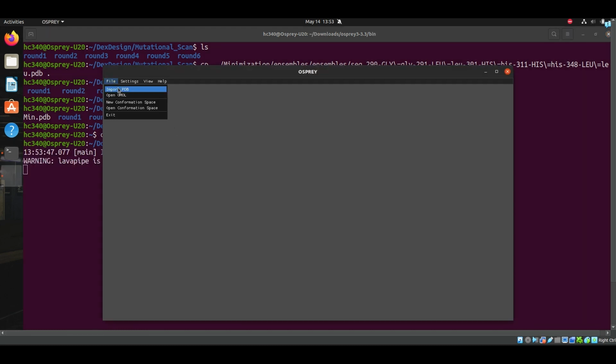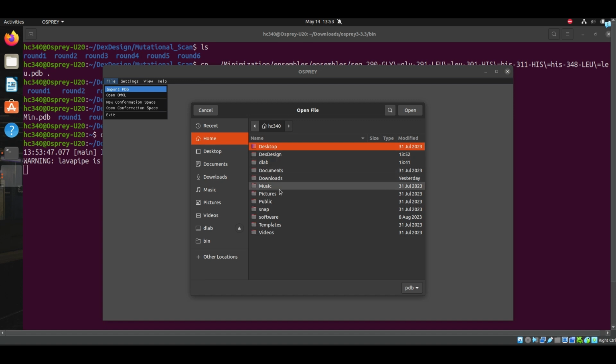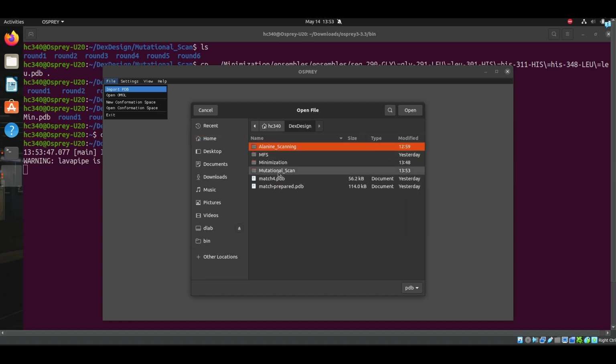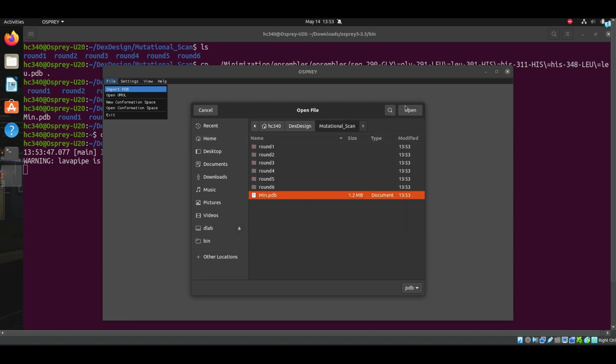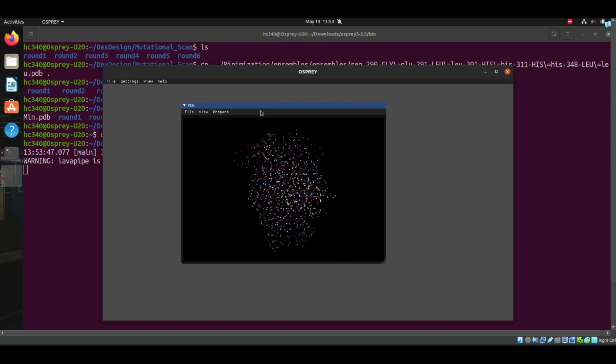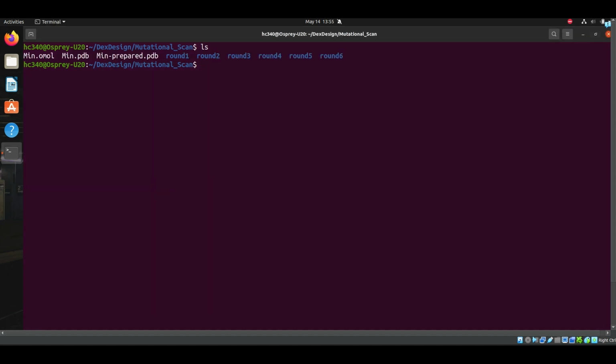And I'm going to import that PDB output from minimization. I'm going to prepare it how we have already. Again, not doing minimization again. I'm going to go through and check the filter, chirality, duplicate atoms, missing atoms, bonds, and protonation. I'm then going to save this PDB and then also save the Osprey molecule as we've done before. So to prepare both those files, I've just called it minimization.omol and then